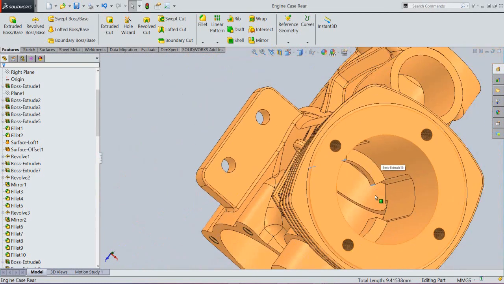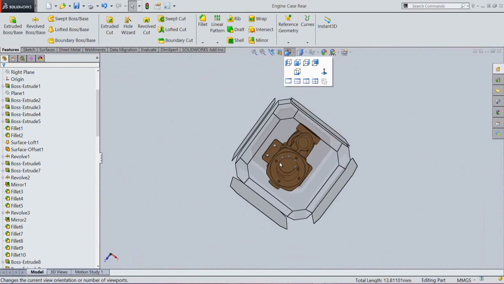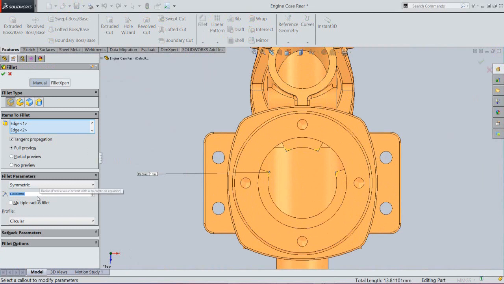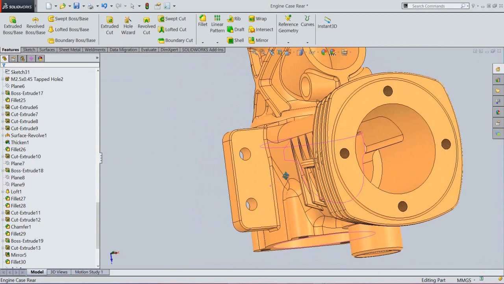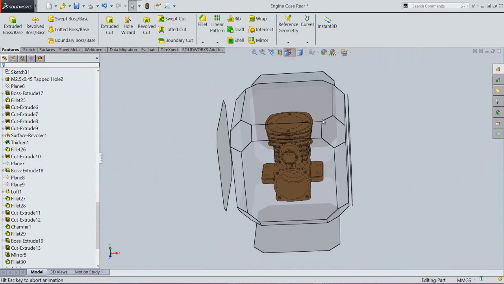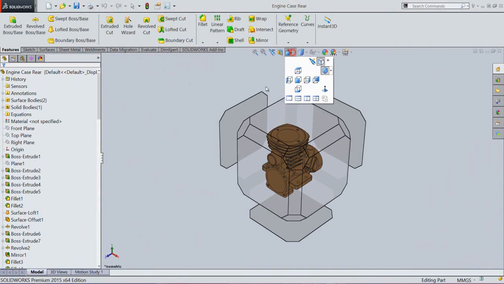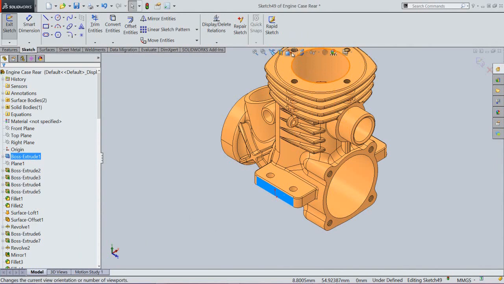And finally, select these 4 corner edges of the feature. And set the radius 2 mm. OK. Create a new sketch on this face.